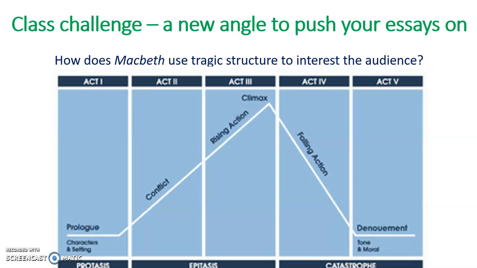So this opening, if you think about this graph, is all about introducing Macbeth in a way that makes the rest of this trajectory inevitable. It makes the rest of the trajectory clear to the audience or understandable in some way. So when we think about how Macbeth is introduced, we think about how he has this really violent, bloodthirsty side, but also this noble, loyal, brave side as well.